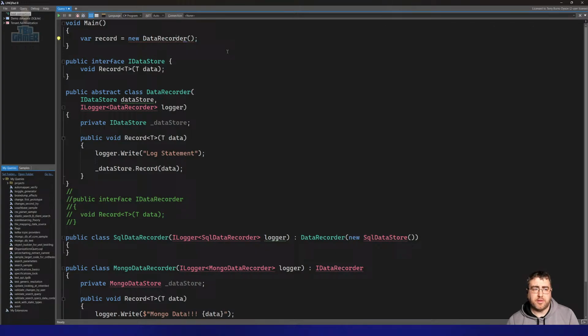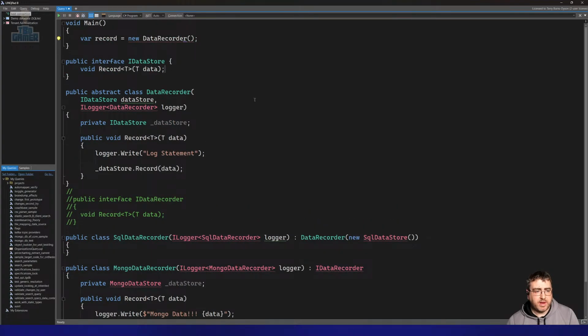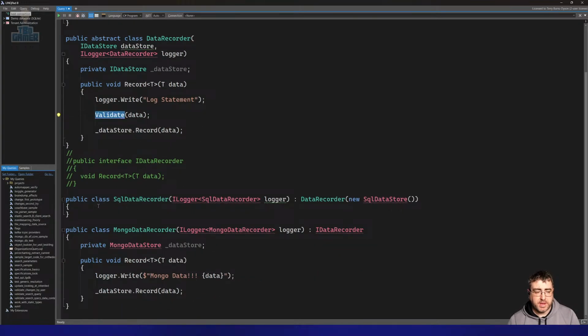What I don't like about abstract is virtual. So virtual just means, oh, by the way, you need to have this behavior, right? So let's say in here, we expect every data recorder to say validate. So we say validate data. Now, what does this know about validation? It doesn't know anything about validation because the validation might be: can it be inserted into SQL? Can it be inserted into Mongo? Right? So if this is a data recorder,